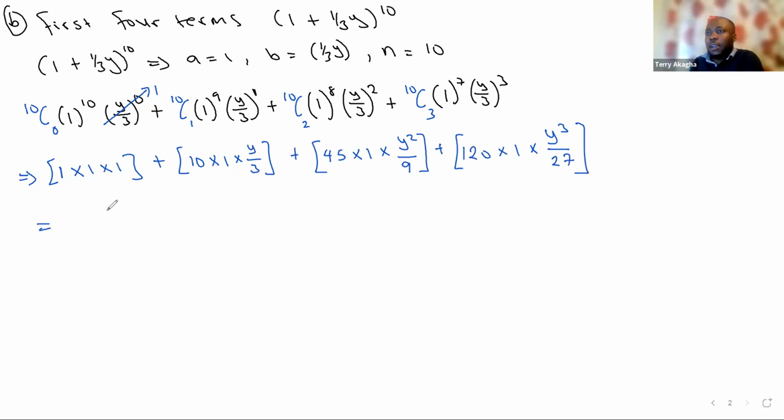Then when you simplify this, it's going to give you 1 plus 10y over 3, plus 5y squared, plus 120 over 27, which is the same thing as saying 40 over